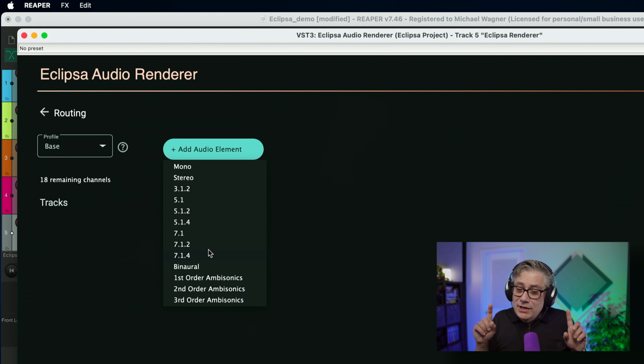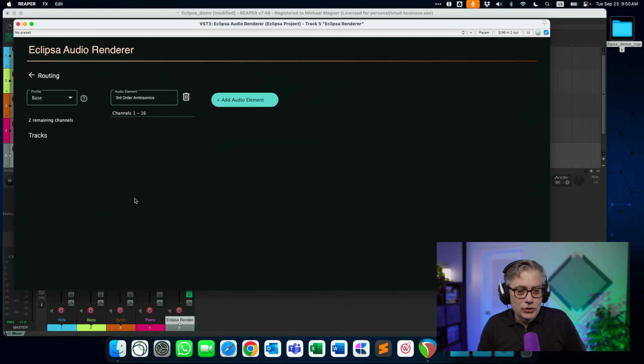So be aware that it does not upscale in the way you would expect. If you want to be really fully immersive, my recommendation would be to go with one of the scene-based formats, and that would be one of the ambisonics formats. So what we are going to do is use a third-order ambisonics format. This third-order ambisonics takes up 16 channels. We have a total of 18 channels. So if we are using a 16-channel third-order ambisonics and then a 2-channel headlocked stereo, that's actually all we need, and that's what YouTube with the base format supports. So let's do that. We're going to add a third-order ambisonics audio element.